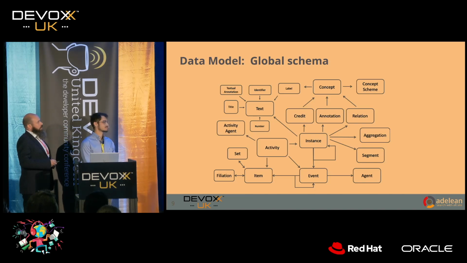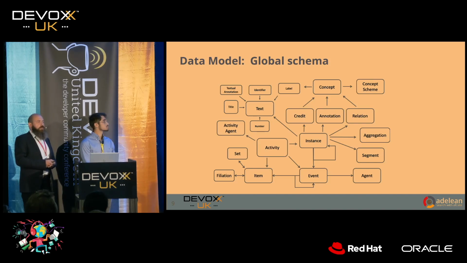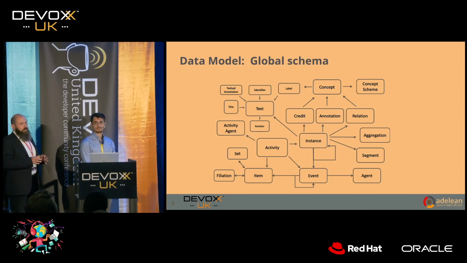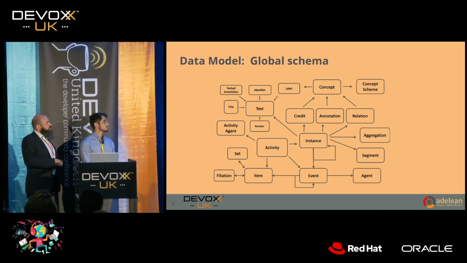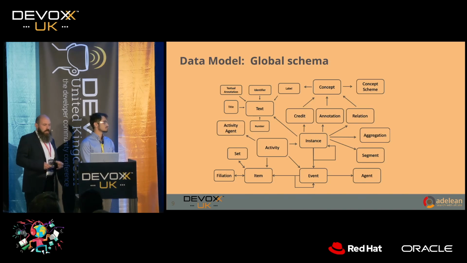And for each event, you have a certain number of participants. You have credits, annotations, different relations between speakers, presenters, organizers. There are different agents that are related to a specific event. Then different concepts: you have places, you have subjects and tracks, different topics that are debated during the conference. So you see, with a simple model here, it's a simplification. I won't get into detail on each and every box on the schema, but the idea was to show that